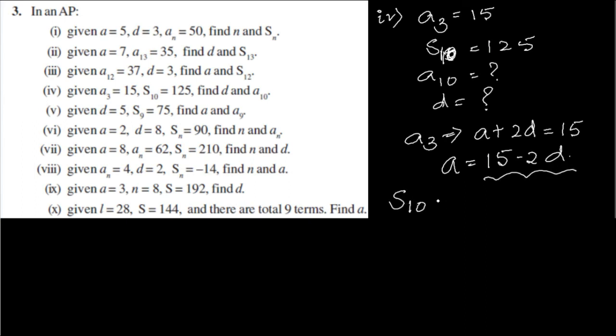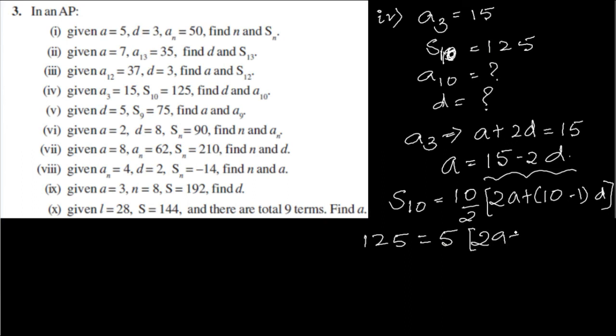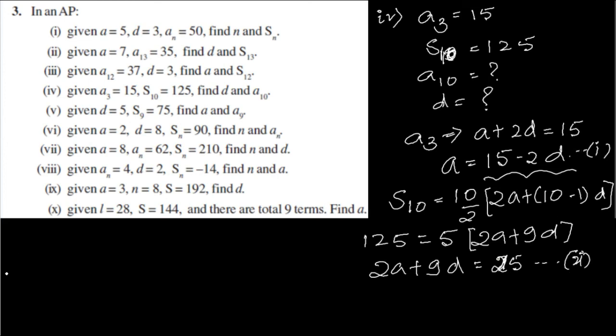Let me use the formula for Sn. So it is 10 by 2 times 2a + (n - 1)d, which is (10 - 1) times d. S10 is given as 125. This is equal to 5 times (2a + 9d). So I'll be getting 2a + 9d as 25. Let me call this equation 2. Let this be equation 1. I'll substitute equation 1 in equation 2. In the place of a, I need to substitute,